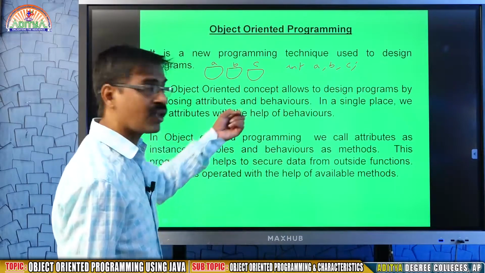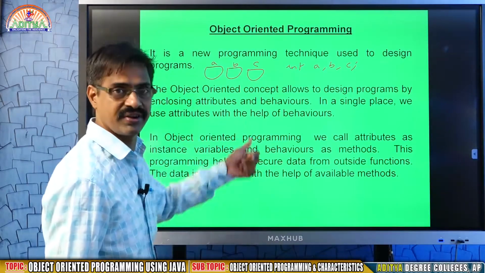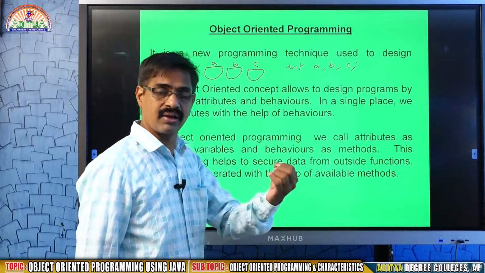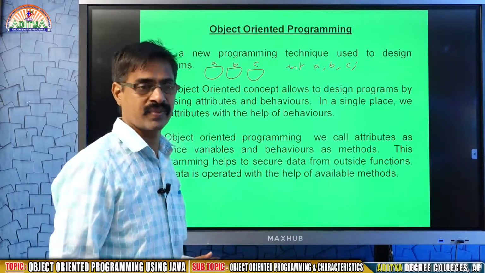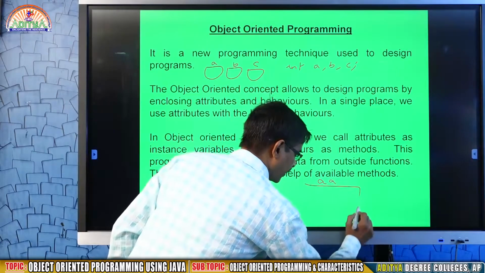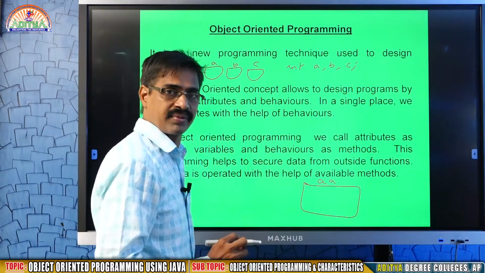But when we come to Java, it is different, because in Java, instead of creating variables separately, we create the same variables in an object. Assume I am creating an object AA, just like a structure variable in C language.